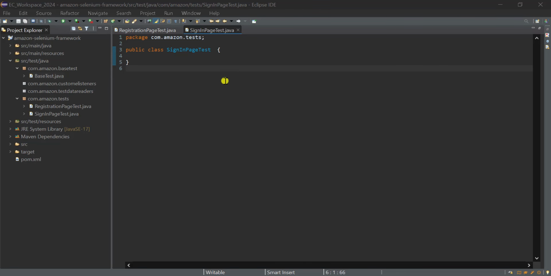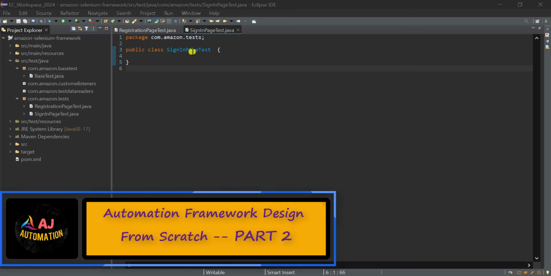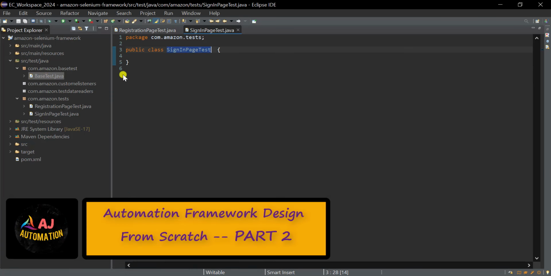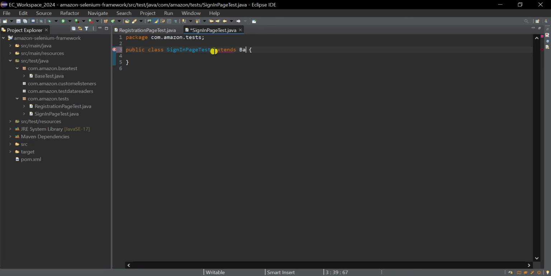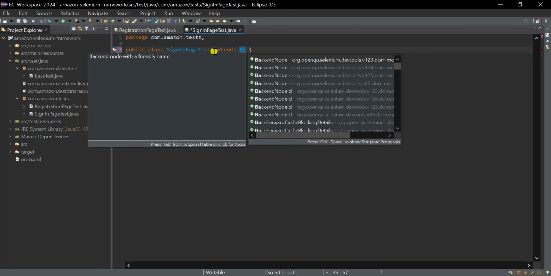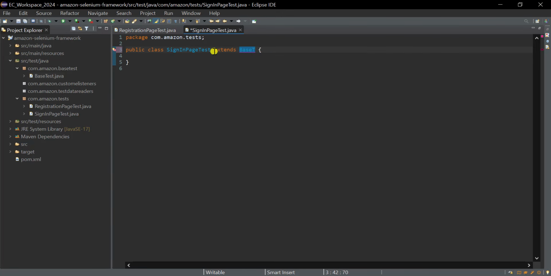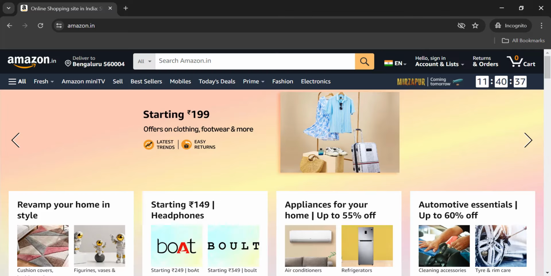So let's start adding the test cases for the sign in page test. This class has to be a child of our base test, right? So we need to extend it from the base test. So before we start executing the test cases from the sign in page, we first have to navigate to the